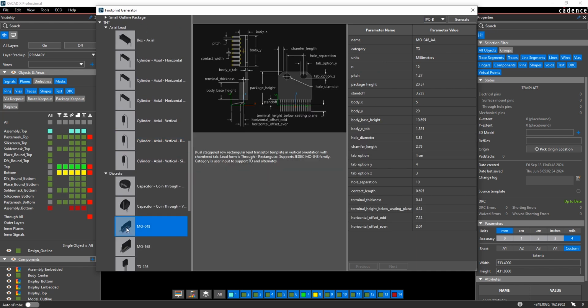Once you select the type of package you want, you're given a set of parameters you can change, which typically reflect what you would find in a datasheet. You also have a graphical image indicating what each parameter is. Once you specify the required values, you can then choose IPC A, B, or C and generate the PCB footprint